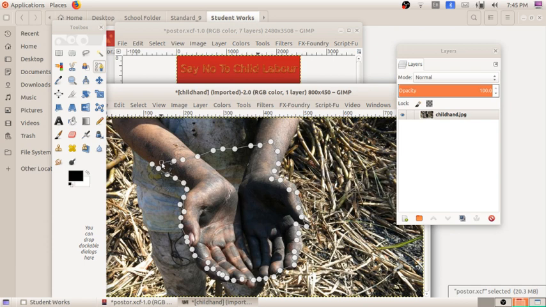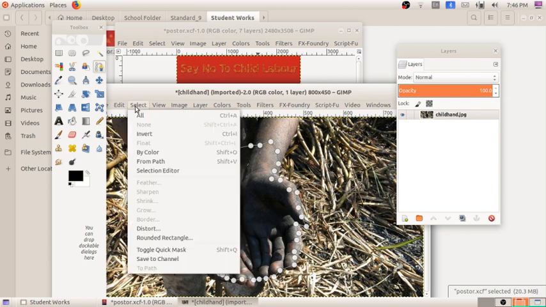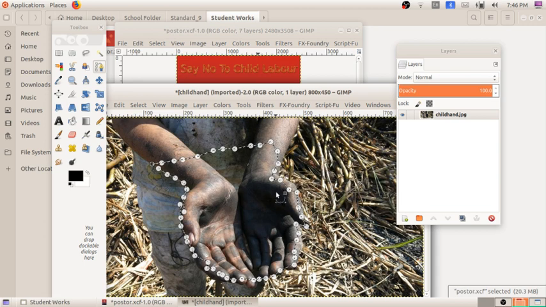When I am going to end this portion where we have started, before ending that, what we have to do is hold the Control key, then click on the starting point. Okay, so the whole portion is selected. After that, we need to place it in the canvas window. How will we place it in the canvas window? Which tool is used for that? For selecting that, there is an option in this newly created window itself. The option is Select. In the Select menu, we have to click on the option From Path. So the whole thing is selected.